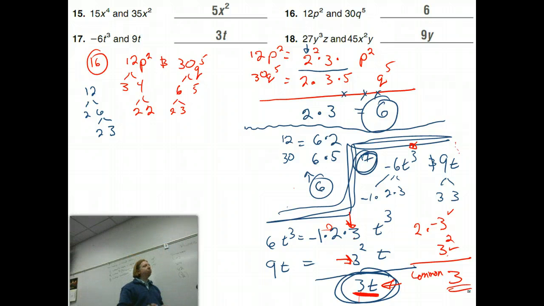Technically, if you're doing a full prime factorization with negative numbers, you really should be writing that negative 1 all by its own. What does negative 1 do? It's negative 1. So negative 1 times 2 times 3 would give you a negative 6. So technically, the true prime factorization should have that negative 1 separated. Or it doesn't work so